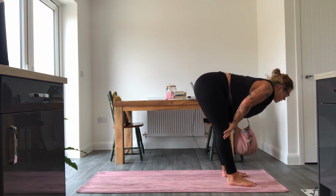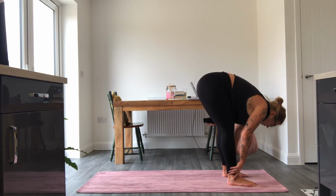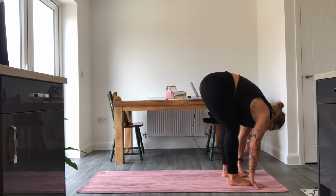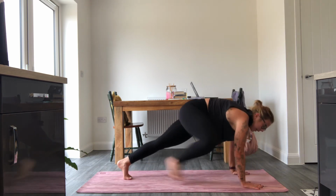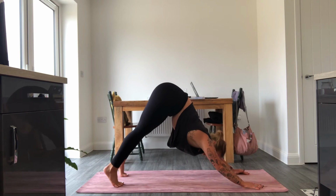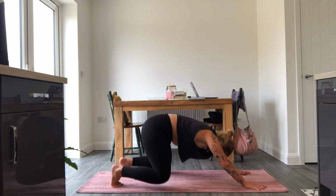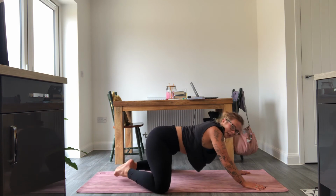Breathe in, lift the chest. Pick up the head. Exhale, float your way back down. Inhale, step through into your high plank and wave it back into a down dog. Lovely. From your down dog here, you're going to drop your knees to the floor wide, big toes together, and